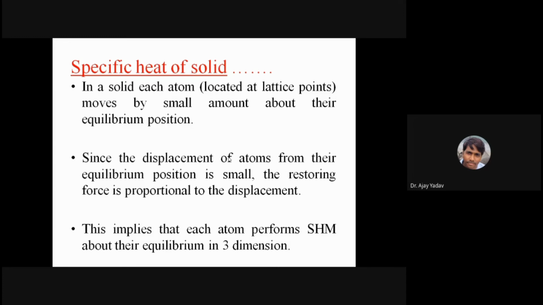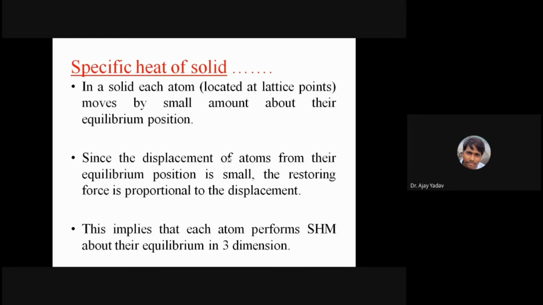So maybe you can note down: only one three-dimensional oscillator can be considered as equivalent to